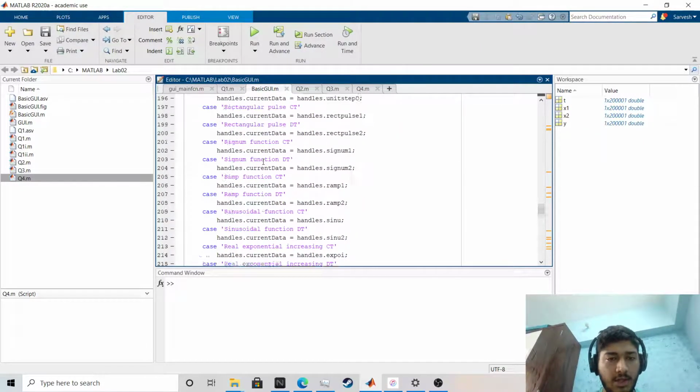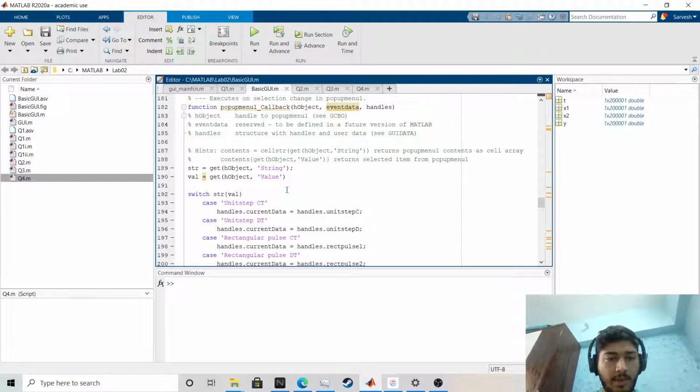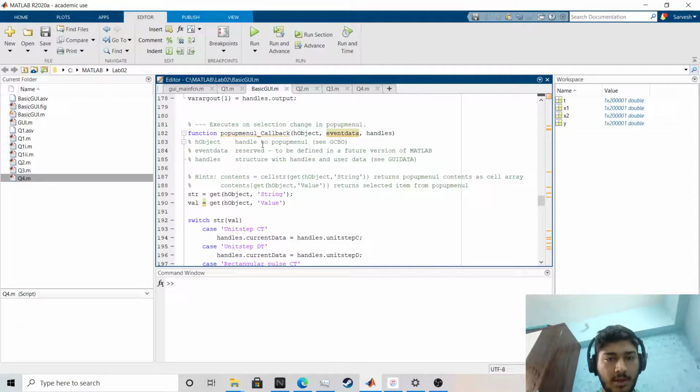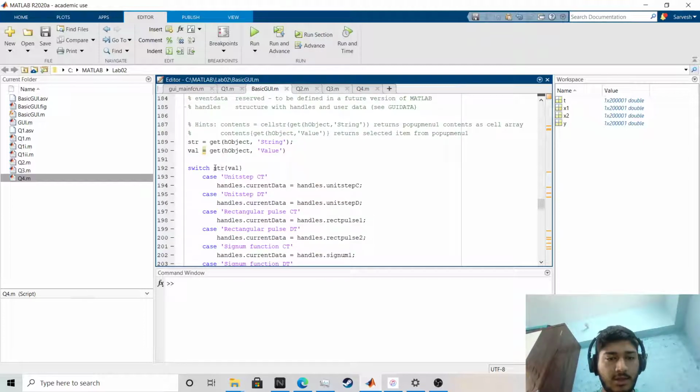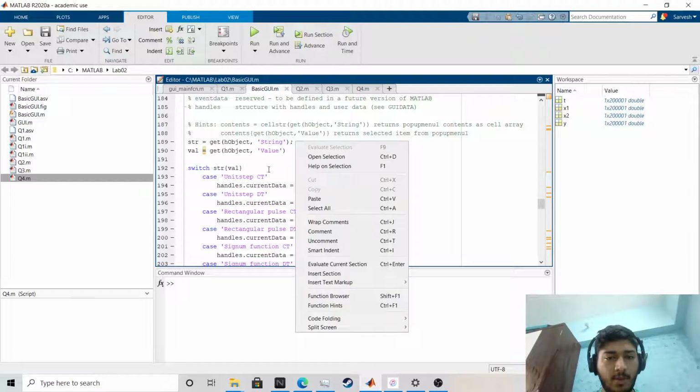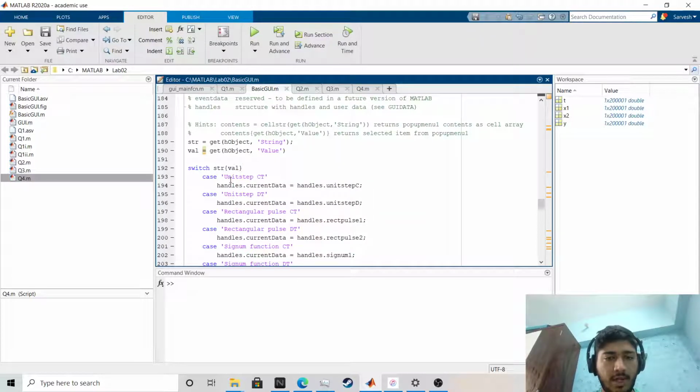This is the drop down menu. For the drop down menu you can see pop menu 1 callback. We are saying string and value. This value is the value we select from the drop down menu. If we select unit step CT, the switch will run and the case will be checked.